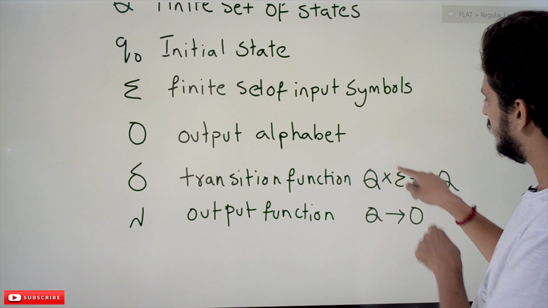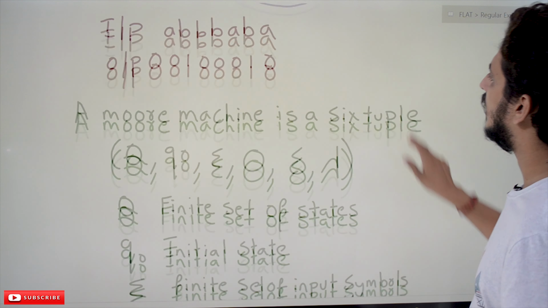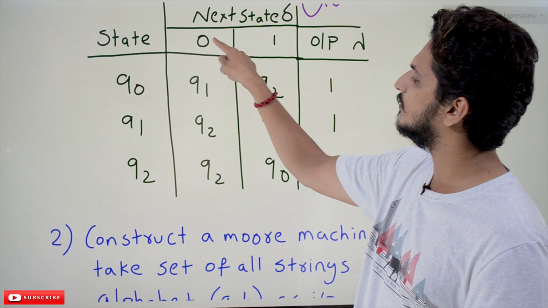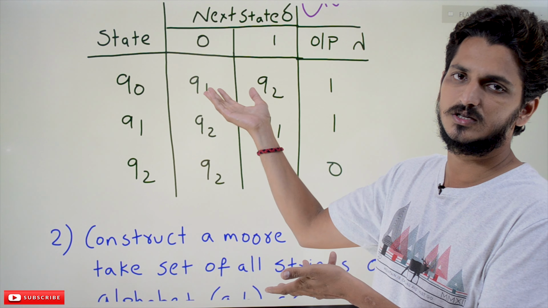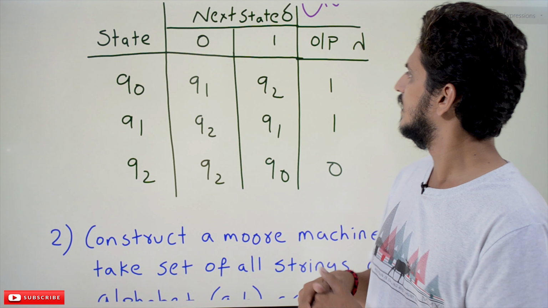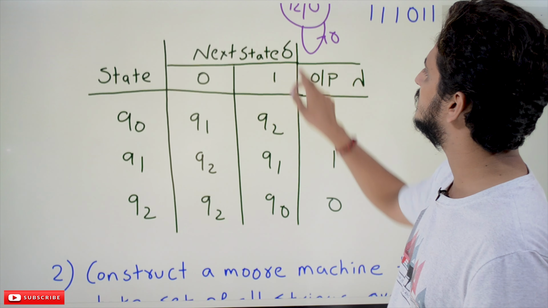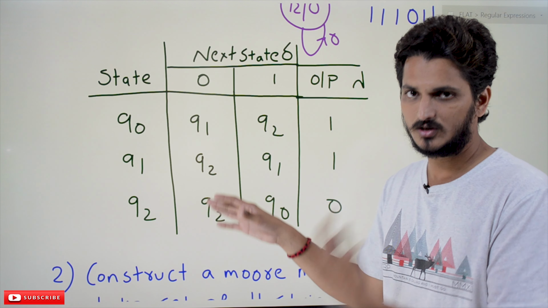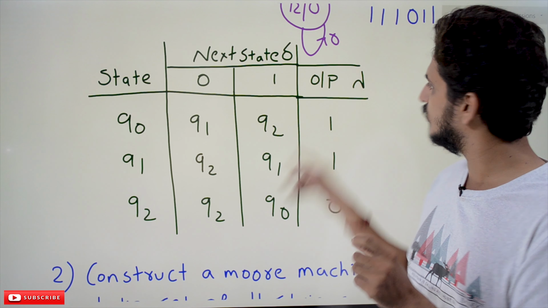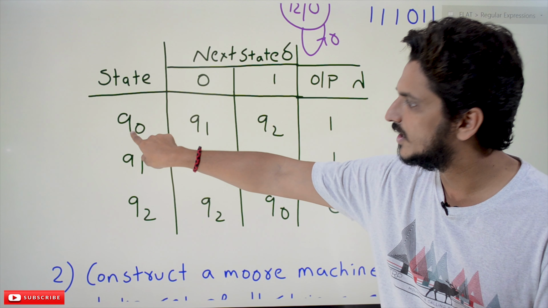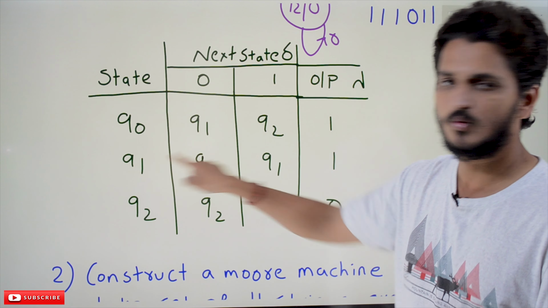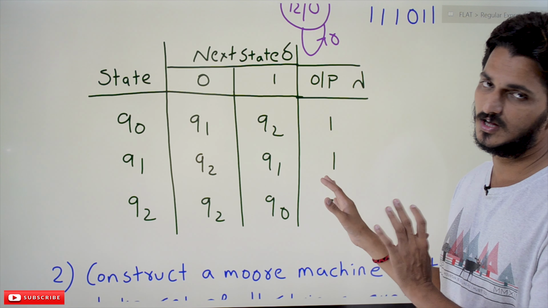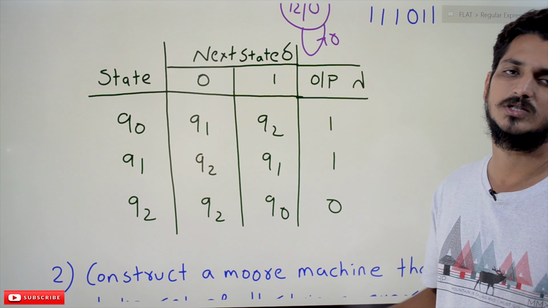Let's try to understand these two things with our transition table. This is our transition table. On Q0, if you apply A, we are moving to Q1. This is the set of states in capital Q. That's why we call this the delta function. This transition table is similar to DFA, so we are not concentrating on it again. The one point you have to understand here is lambda. On state Q0, you have to display 0. On state Q1, you have to display 0. On state Q2, you have to display 1. This is the extra transition table for the Moore machine.